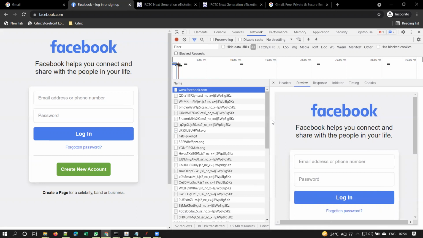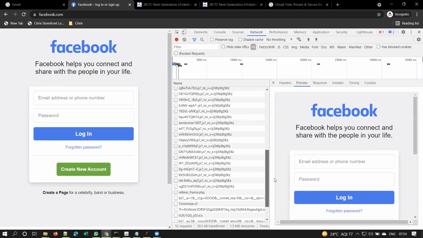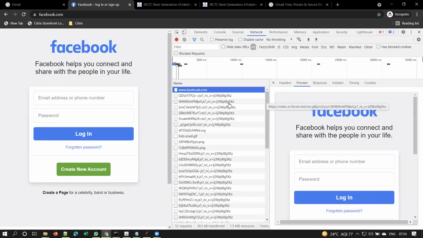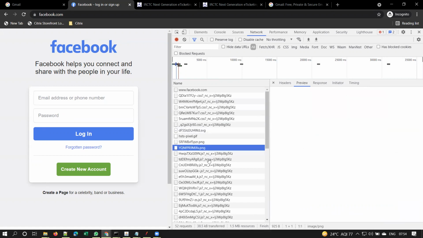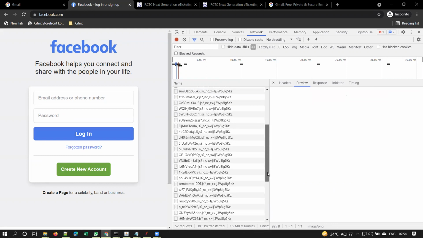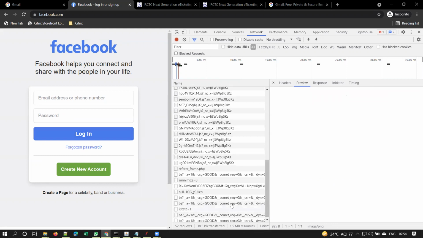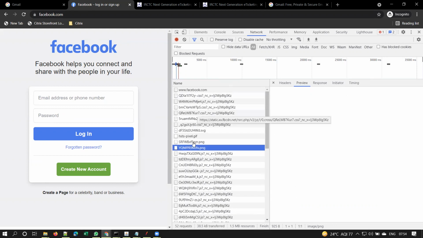You can see the count at the bottom. So what are those sub requests? See here, you have some images, and you have some JavaScript files and CSS files. We'll discuss that very soon. These are called sub requests, and all of these are called hits to the server. There are a total of 52 requests to the server, or 52 hits to the server. Is it clear, guys?